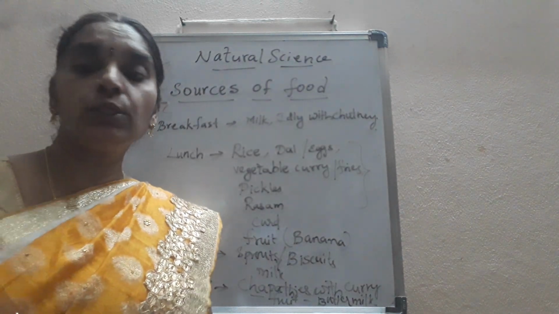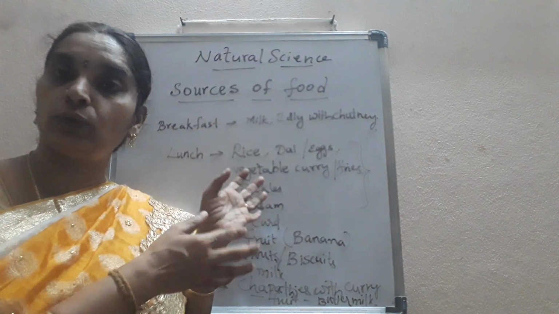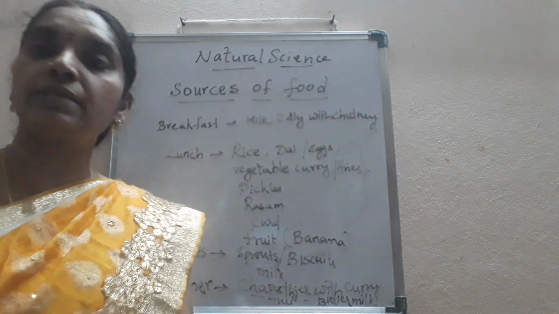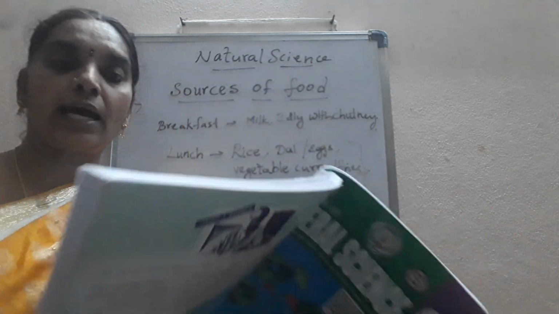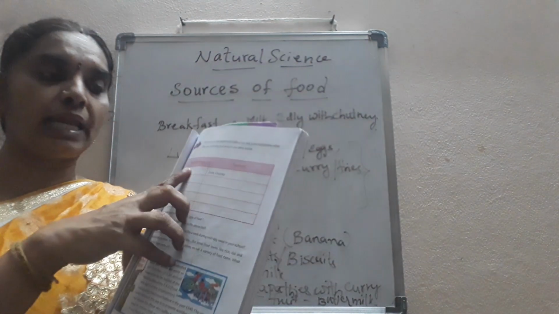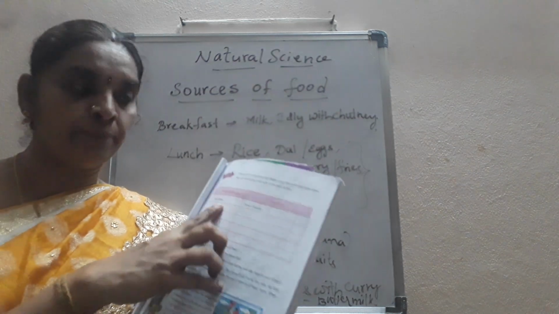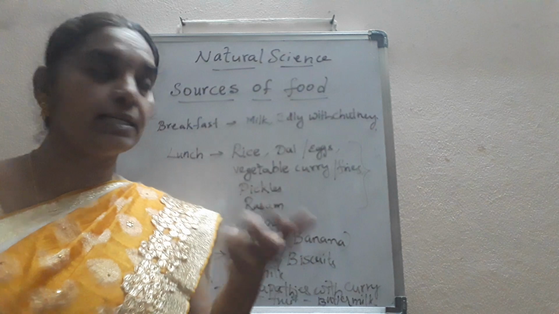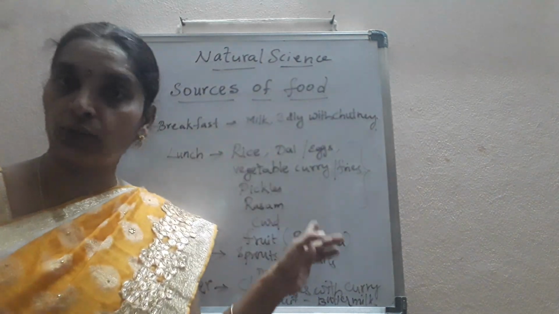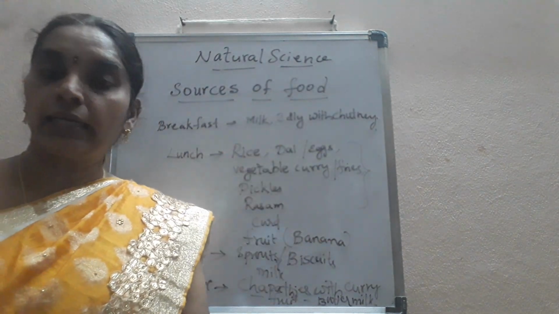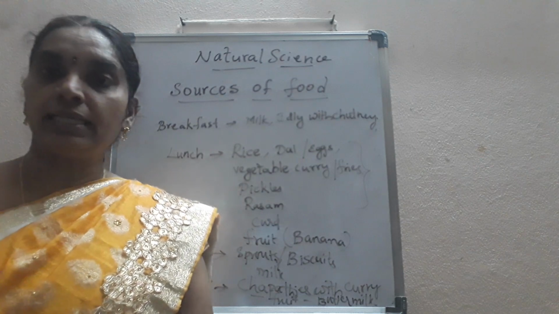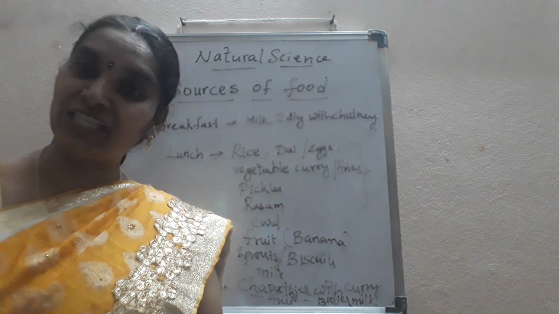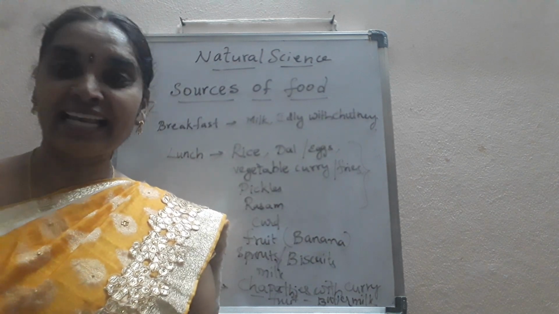So this way you can include the food items that you have taken in one day. You'll be writing only these items in activity 2. As they have given the name of the student, you write your name and the food eaten by you on one day. That is, only the items that you have eaten, you'll be writing in that column. Okay children, that's about today's work. Activity 1 and activity 2 are complete for today, and in the next class I'll